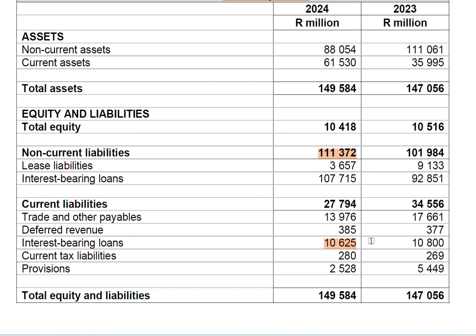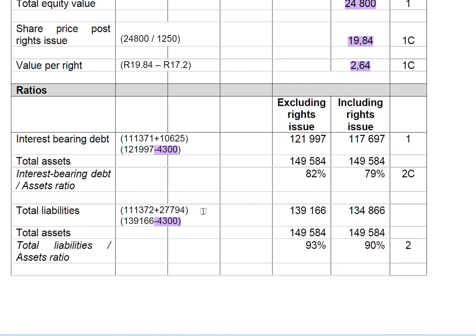So when you see this amount, this is exactly the amount you're going to use. Keep this amount in mind as we go through the ratios, because everything will be coming from it. I'm then going to take this out, and then we go back to the ratios. So if we're looking at interest-bearing debt, it's the long-term liability that we have of 11,371. That is made up of lease liability and interest-bearing loan. Plus, on your current liability, you have the interest-bearing loan, which is current. That gives us